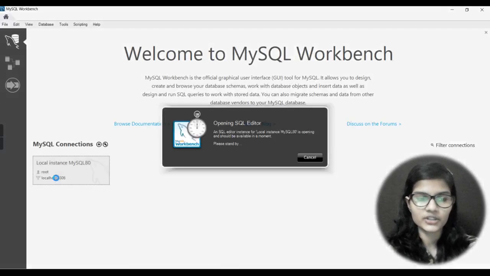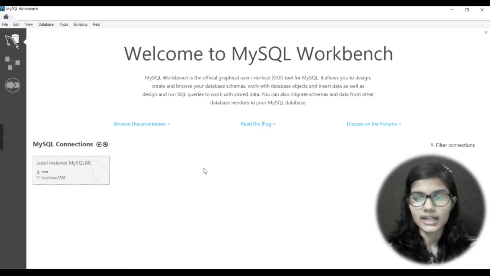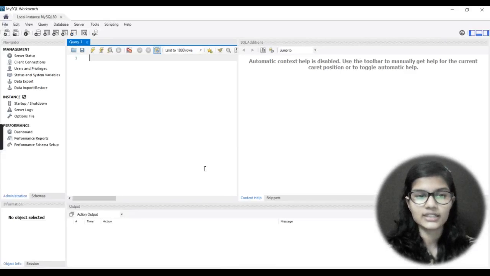I would click on this particular option, and for you it must be asking for the password. So just put in the password first of all, and after that below there must be a checkbox. Click that checkbox as well. Because I have already put in the password and this was once installed on my device, it is not asking me again and again to put in the password. Just do the settings. And yes, this is how the whole workbench looks.